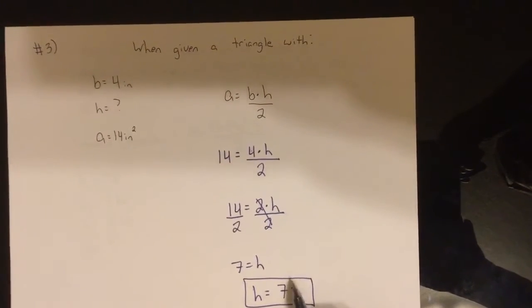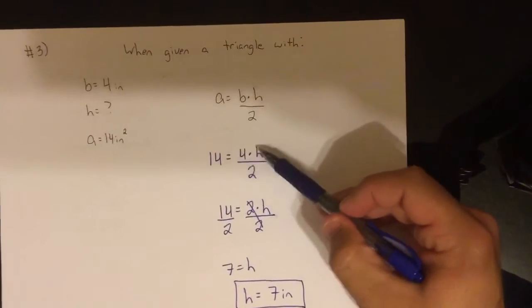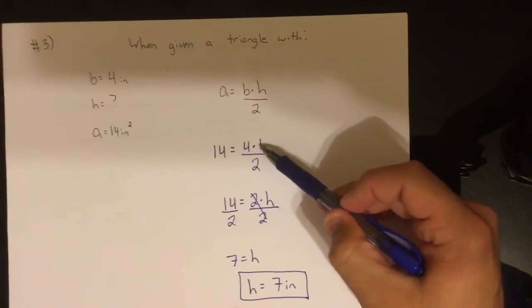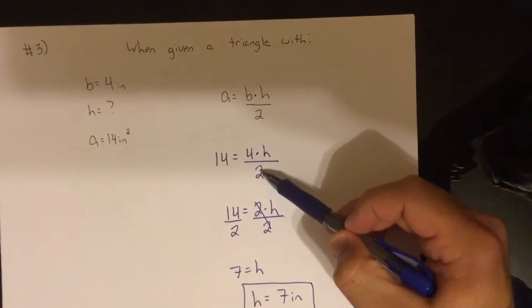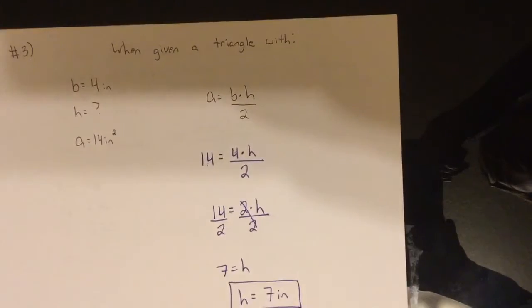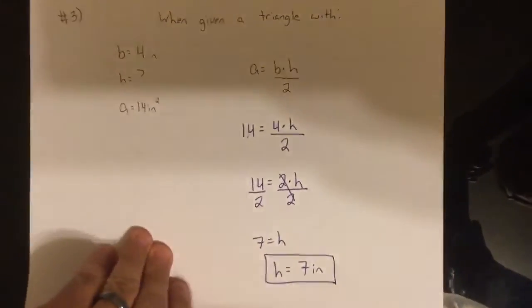Now, if you're unsure, plug it in. 4 times 7 is 28. 28 divided by 2 is 14. It works. All right. Number 4,